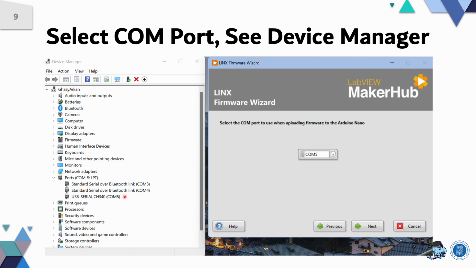Here you see that there is a connection, USB serial CH340 COM5. So you have to choose the suitable COM port. If not, you will not be able to establish the communication.